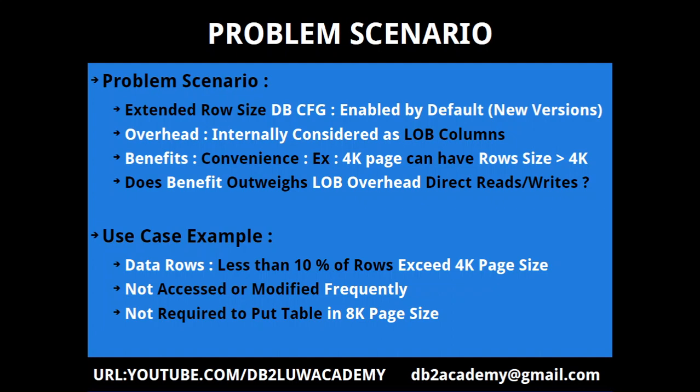If there are more rows which are around that 4,000, bordering that 4,000 limit, then you cannot really put more than 2 rows in a page, right? So then that's also that. For that purpose, it will put it in another page, which means that you will have to do a lot of IO from the disk to the buffer pool. When you move it as one extent, you will be moving 256K rather than moving 128K.